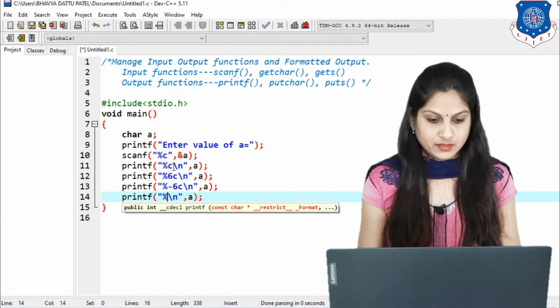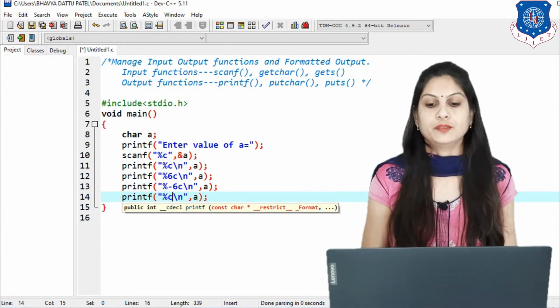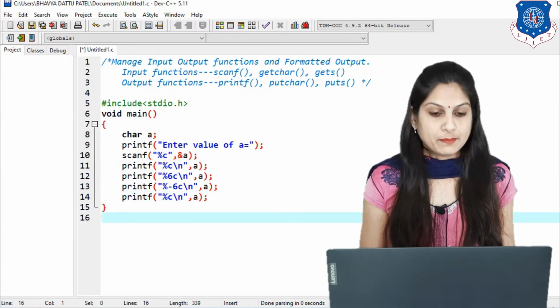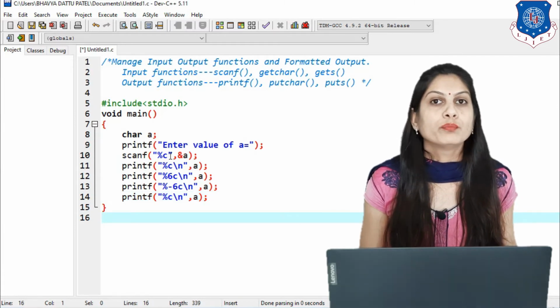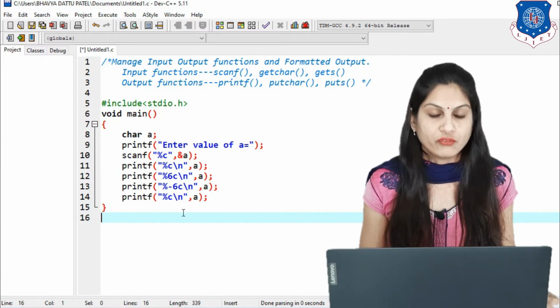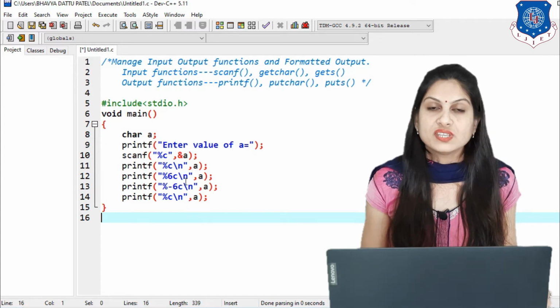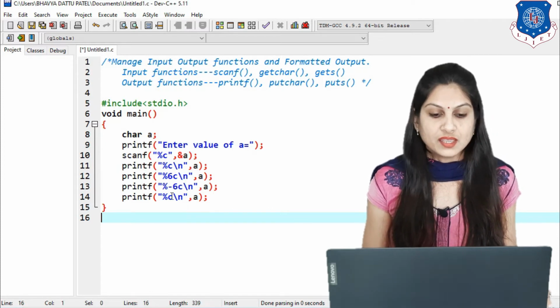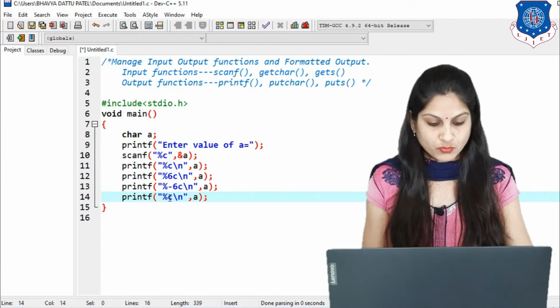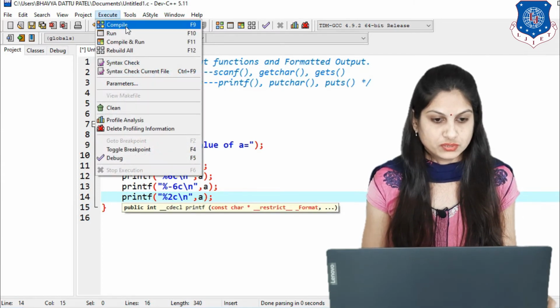The scanf function reads the single character value, and different formatted output will be displayed for that value. Now here I am using %6c, %-6c, and the next one is suppose %2c. Then what happened? Check the output.